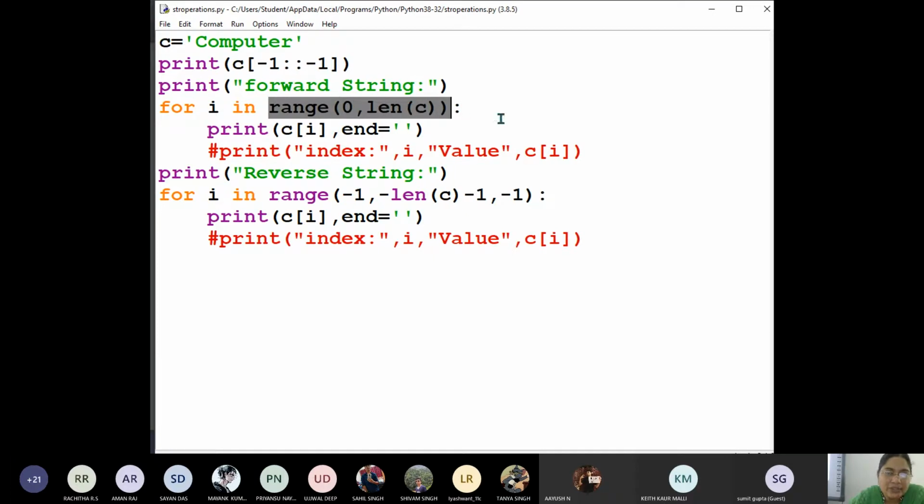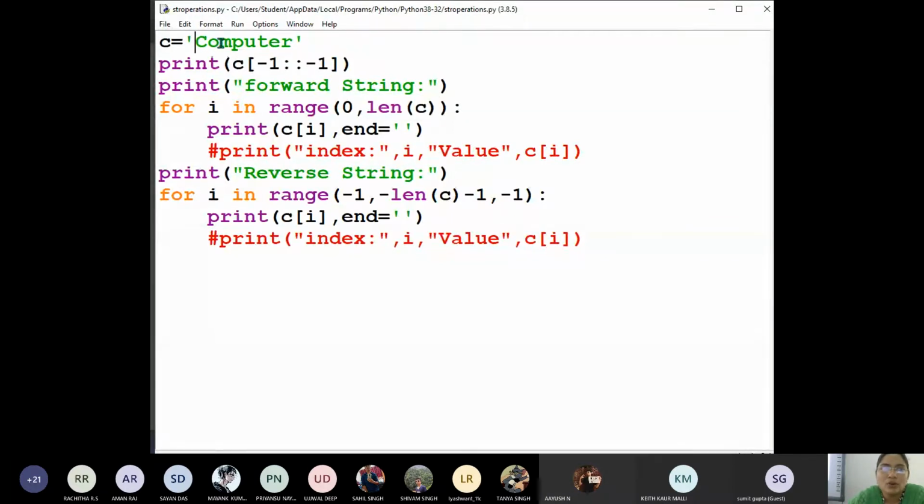when we give range, within this range these values are generated, no? So first i value will be 0, next i value will increment as long as it is less than length of C. By default step is 1, no? So after 0, 1, next it is 2, next it is 3, and so on up to less than length of C. Ma'am, less than length of C, 7. Yeah, 3 plus 3, 6 plus 2, 8, length. Yeah, so less than length of C is 7. Yes, ma'am.